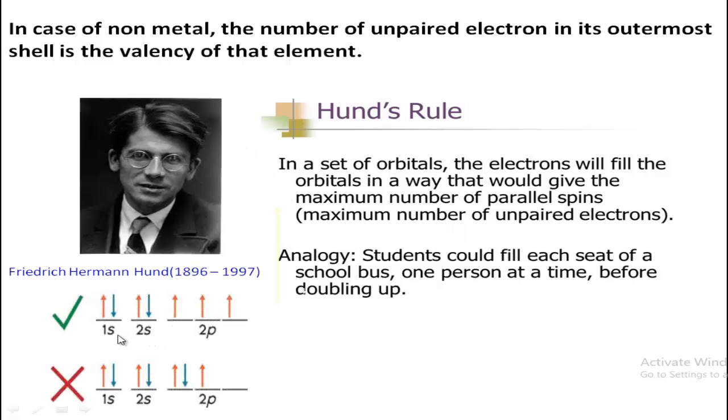Follow here. You know the electronic configuration: 1s square, 2s square, and there are 3 electrons here, so it will be 2p3. Generally, when an electron enters each orbital, at first it enters clockwise, then another electron enters there anti-clockwise. So here, in the 1s orbital 2 electrons and in the 2s orbital 2 electrons enter in this way. But